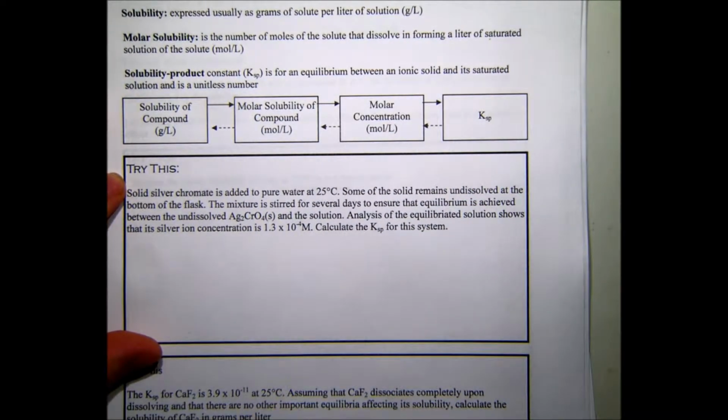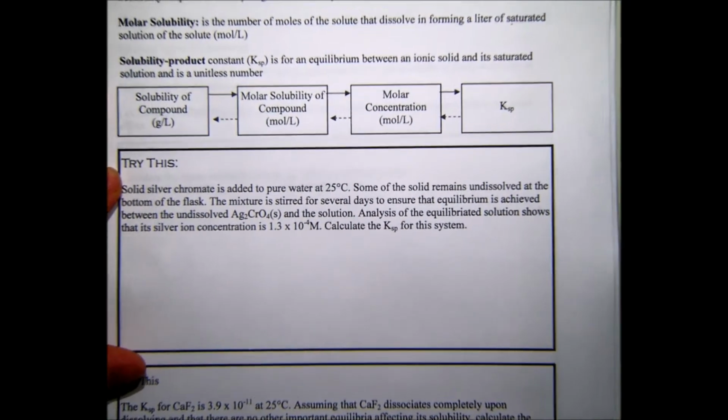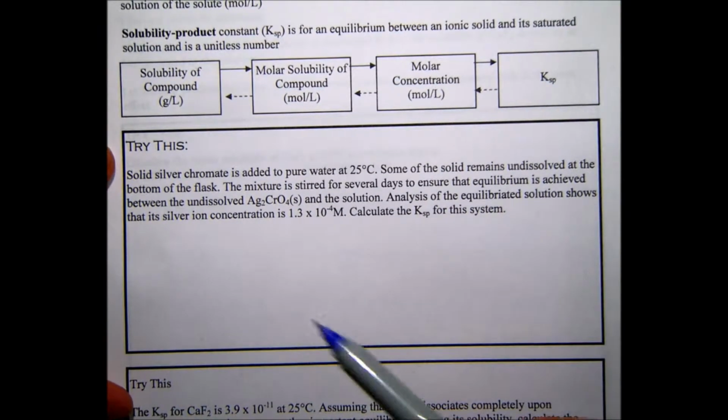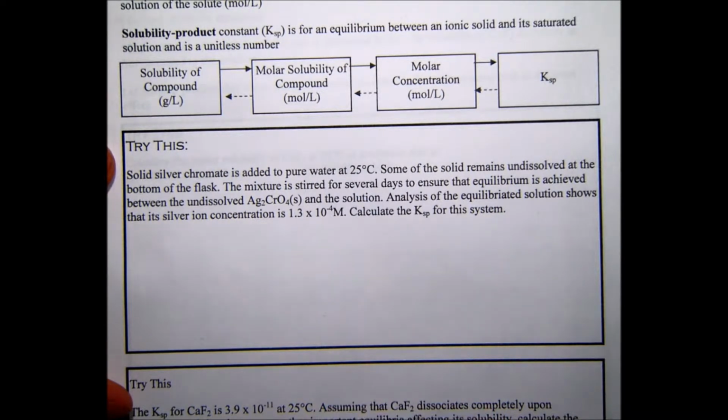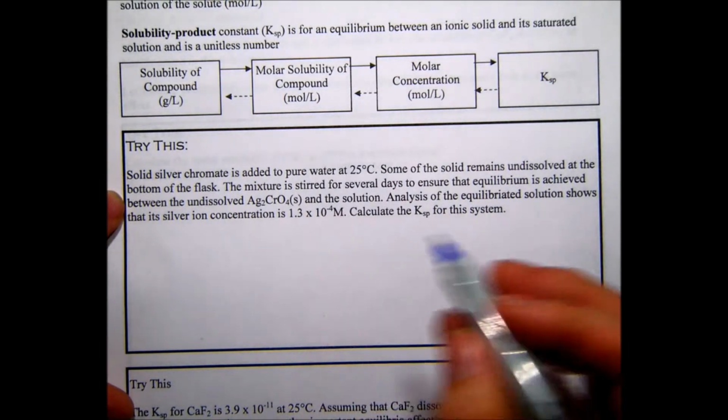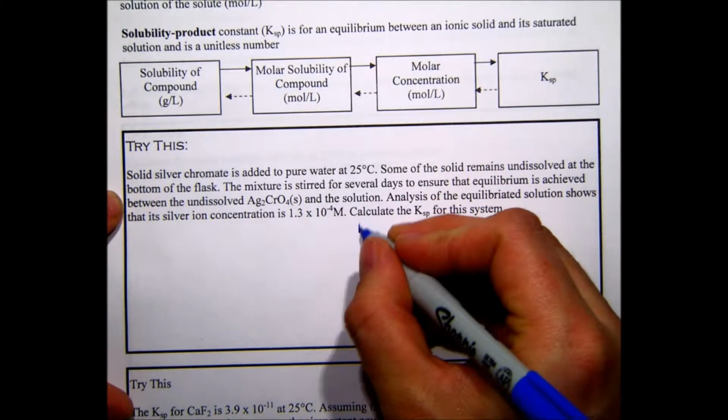So let's have a really quick look at how this works. So I'm going to just zoom in here on the try this. So it says silver chromate is added to pure water at 25 degrees Celsius. Some of the salt remains undissolved at the bottom of the flask, which indicates that it is saturated. The mixture is stirred for several days to ensure that equilibrium is achieved between the undissolved silver chromate in solution. Analysis of the equilibrium solution shows that the silver ion concentration is 1.3 times 10 to the negative 4. So I know I have